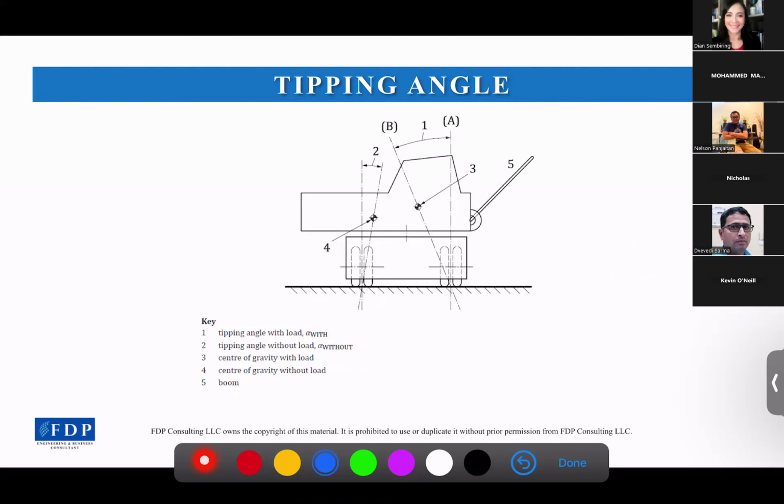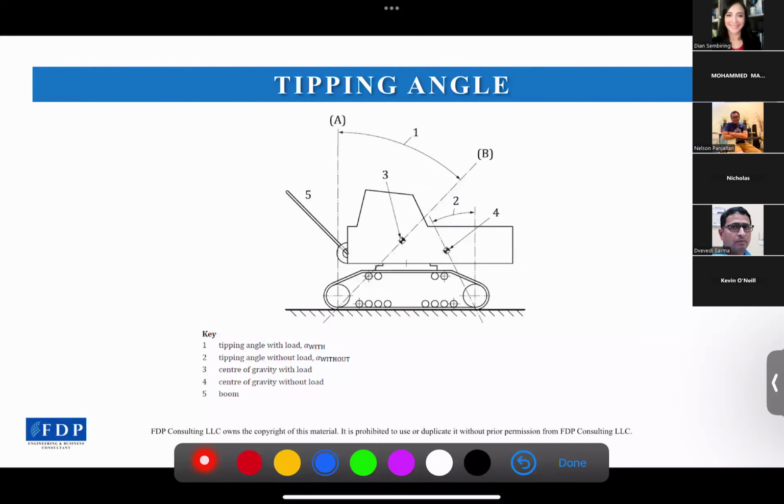And the next one is the crawler crane. Same concept we will use here. The tipping angle is calculated according to where the COG is located. If the COG is close to the front tipping point, then we calculate the tipping angle based on the distance of the COG to the front tipping point, and so on. If the COG is close to the rear tipping point,